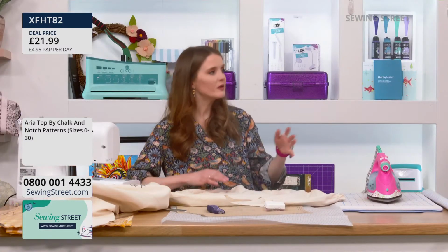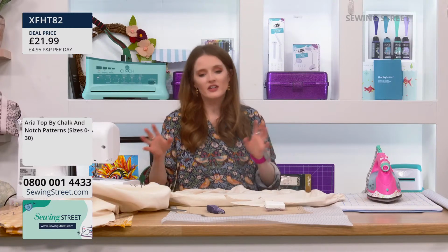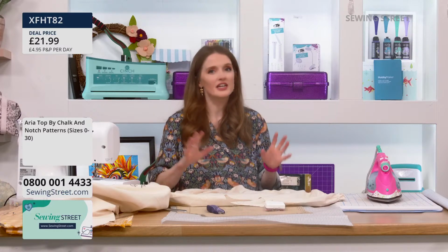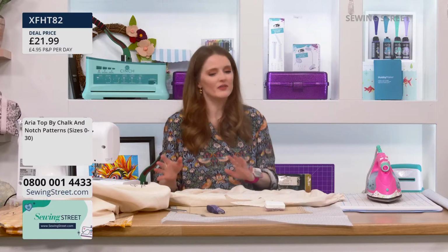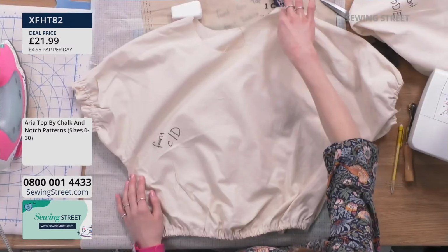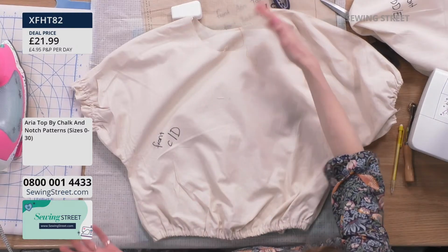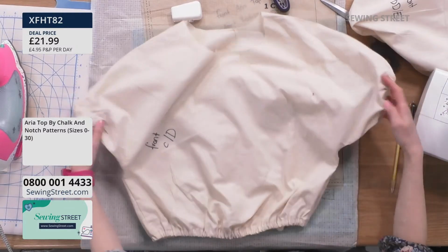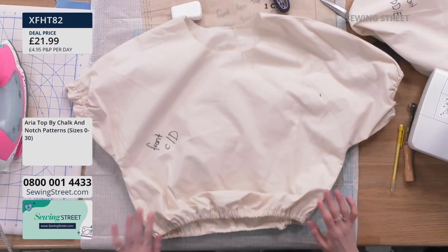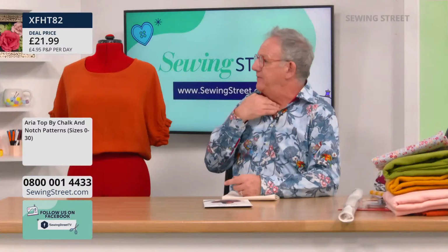If you think 90% might be okay, then I might use some fabric from my stash and it might turn into a wearable toile. You haven't wasted it, and it could be something at the end. Also, I haven't done the bias binding neckline, and you just know that's another 1 centimetre seam allowance, so it's going to be lower. It's also a good way, if you've made it for you or for somebody else, of putting it on and thinking, oh, this neck's too high, this neck's...